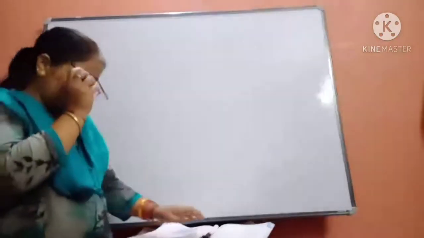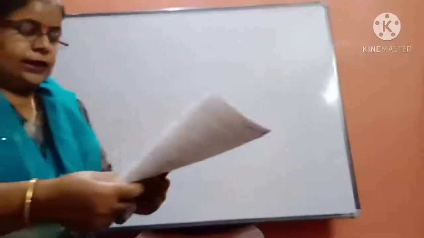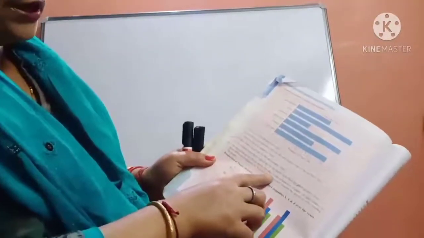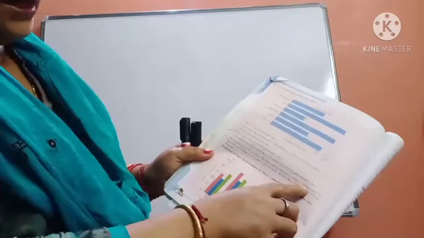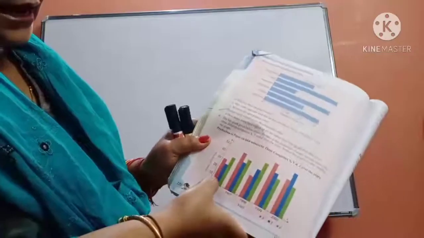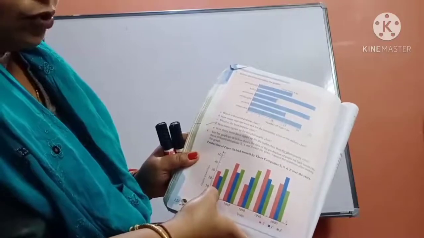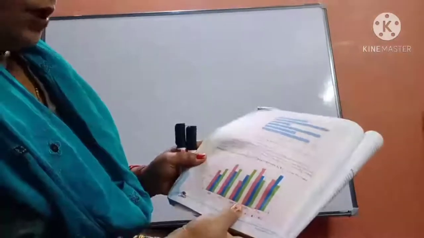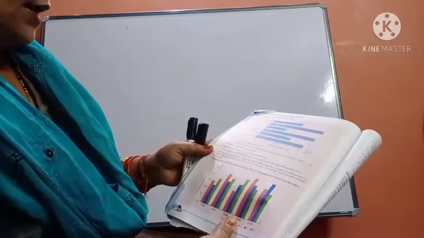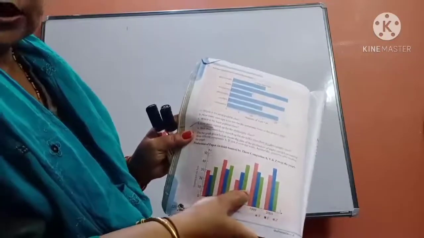First of all, I am going to read the question. Just see here, I am going to show you also. This is the question. The bar graph given below shows the data of the production of paper in lakh tons by three different companies X, Y and Z, and these companies are shown by three different colors. The first one is X, the blue one is Y, and the green one is Z. Over the years, answer the question after reading the graph. The graph is given to you, and all of you should be able to read it.